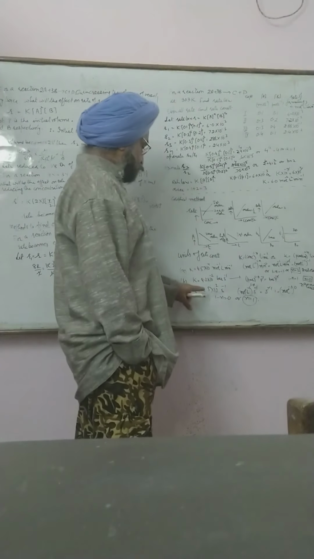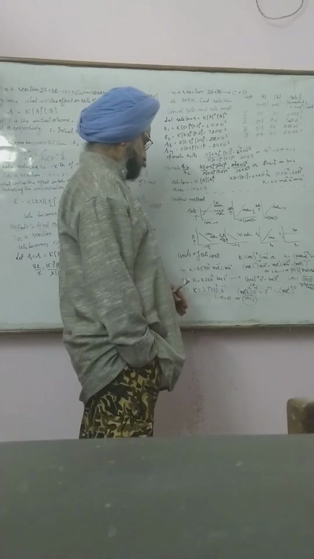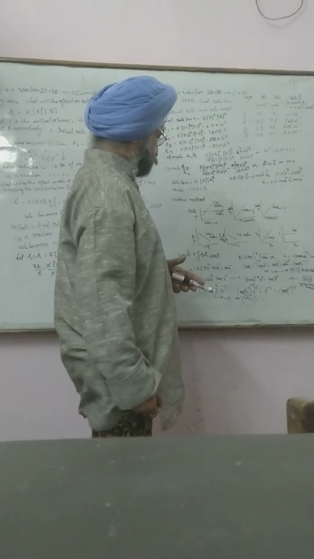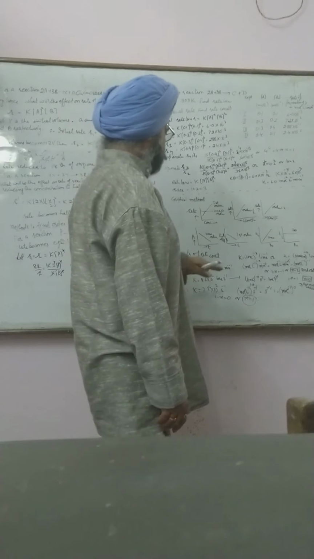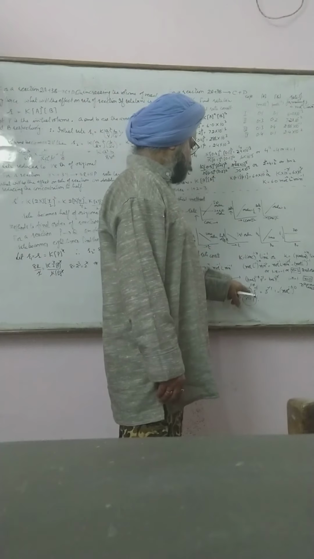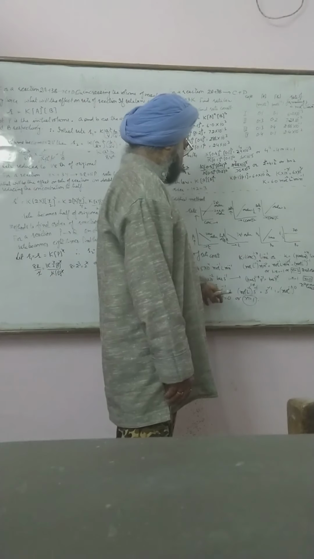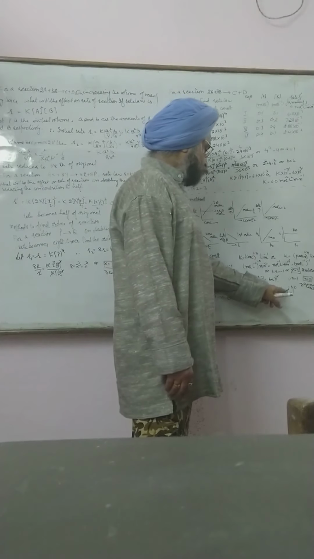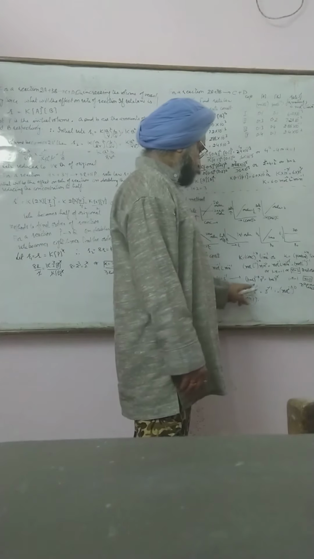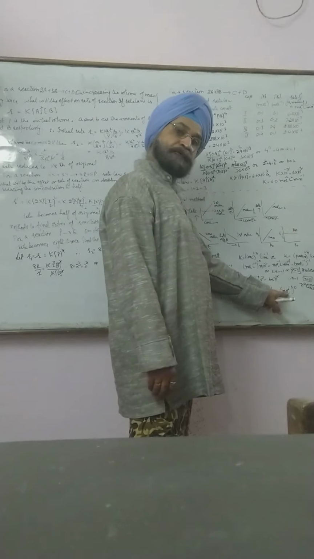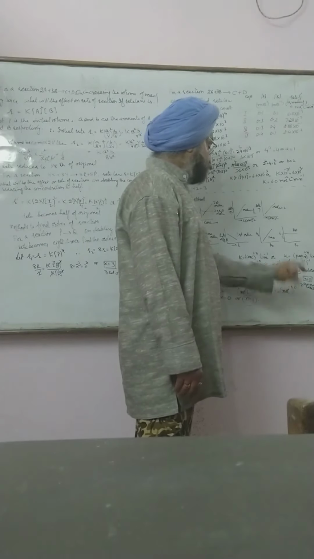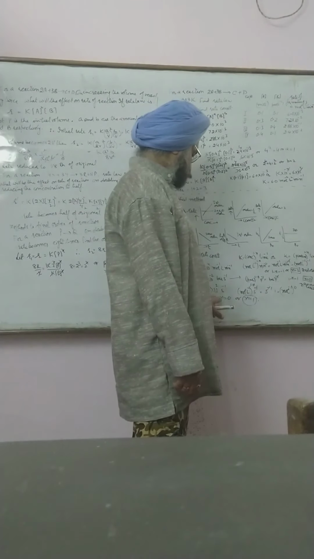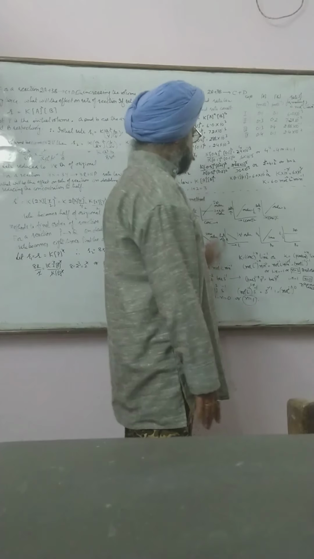Next numerical is K is equal to 2.5 per second, and we have to find the order of reaction. Then it is concentration, mole per liter, power 1 minus n, per second, equal to per second. Per second cancels out, meaning here it is 1. So mole per liter power 1 minus n equals one; keep the base common. So mole per liter power 0, and any base power 0 is 1, meaning 1 minus n is equal to 0. So n is equal to 1. This is a first order reaction.